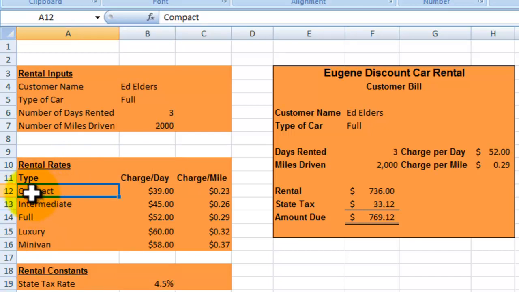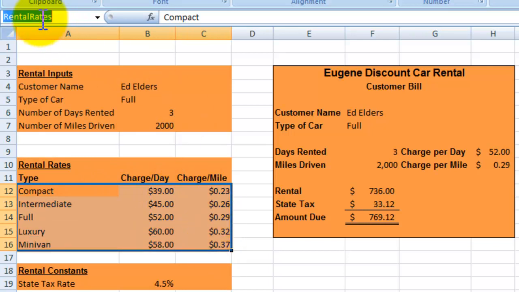Now notice when I select cell A12, in the name box it just shows the cell identifier A12, the column A and row 12 identifier. But we are asked to select range A12 to C16. Now I'm just going to click on C16, and again you see it's just in the name box, just C16. However, if I grab that entire range